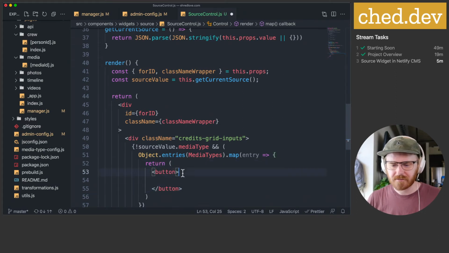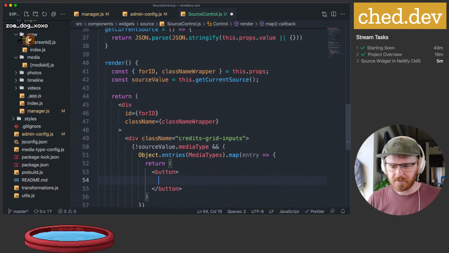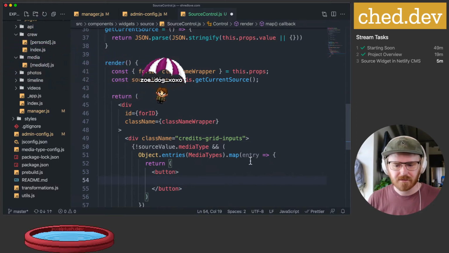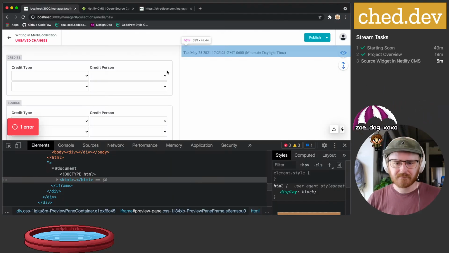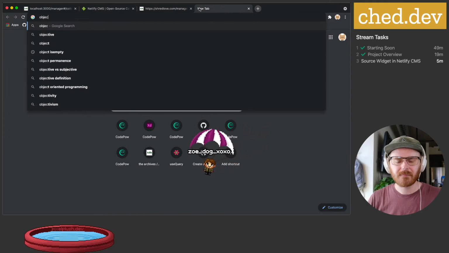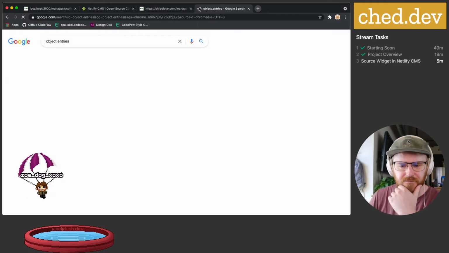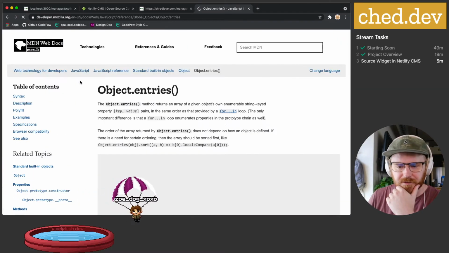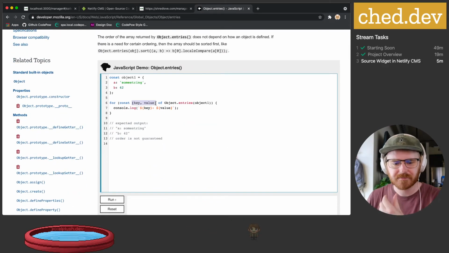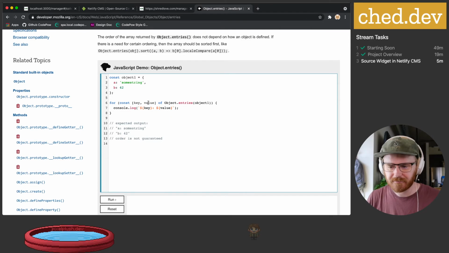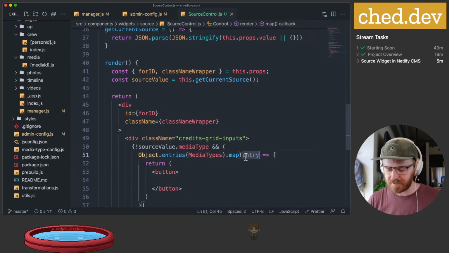I think it does. Let me look it up. Yeah, it gives me an array with the key and the value. That's what I want. So I'm going to destructure that to be